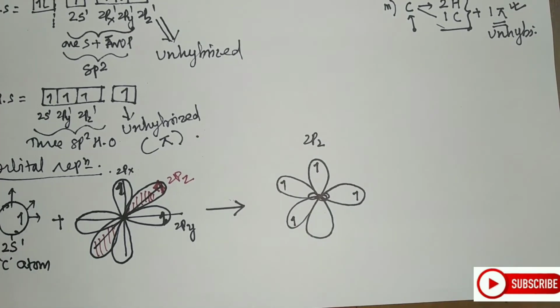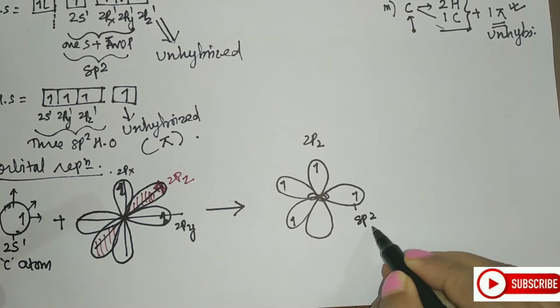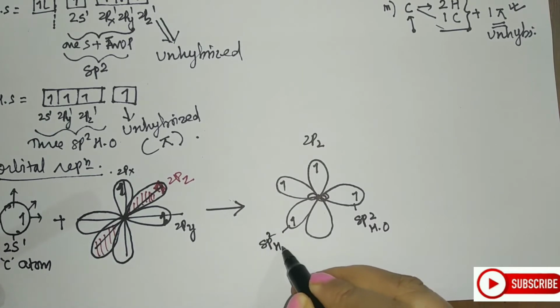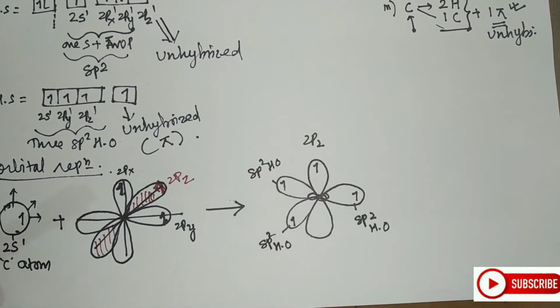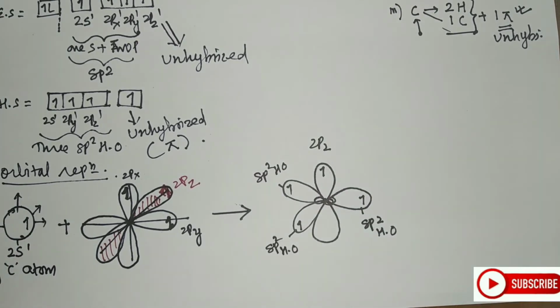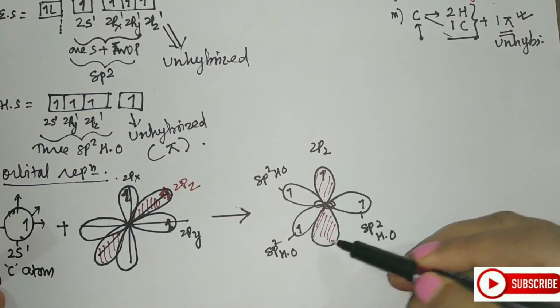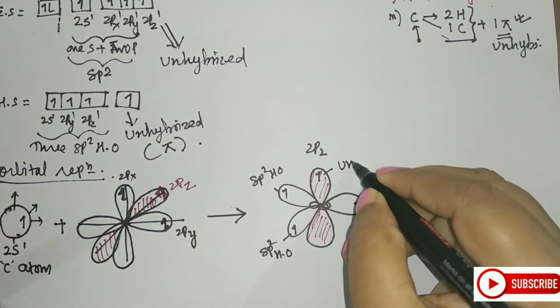Now students, how will I mark this? This is your sp2 hybrid orbital. This is also your sp2 hybrid orbital. And this is also an sp2 hybrid orbital of carbon. And this one is remaining unhybridized, so I will call this the unhybridized orbital